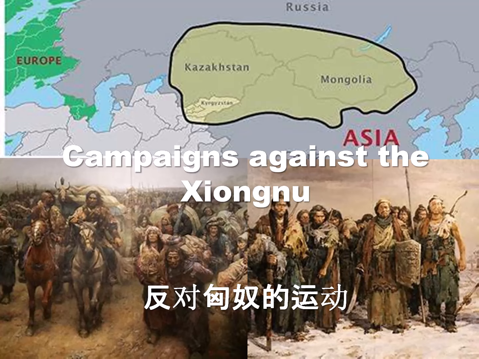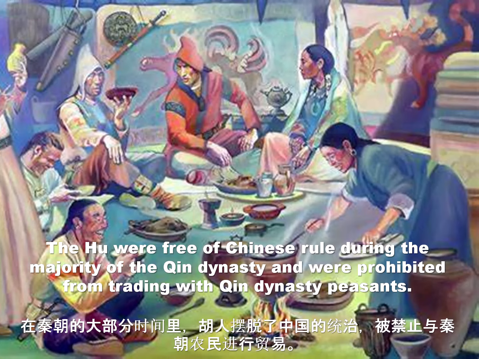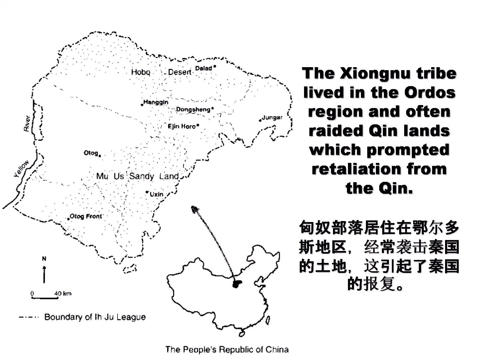Campaigns against the Xiongnu. The lands to the north, however, were proving to be more problematic, with newly taken lands often being retaken by the tribes collectively known as the Hu. The Hu were free of Chinese rule during the majority of the Qin dynasty and were prohibited from trading with Qin dynasty peasants. The Xiongnu tribe lived in the Ordos region and often raided Qin lands, which prompted retaliation from